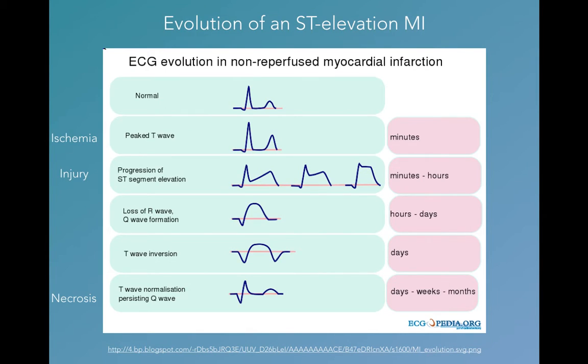And here's a good progression of what a STEMI would look like from earliest to the very end. So you see on top is normal. The first thing, again, ischemia, you'll see T wave changes, in this case peaked T waves. Following that, you'll see injury from the ischemia, and that is the ST segment elevation. Some people will say it's known as tombstoning. If you look at the picture on the right of the ST segment elevation, it looks like a tombstone,